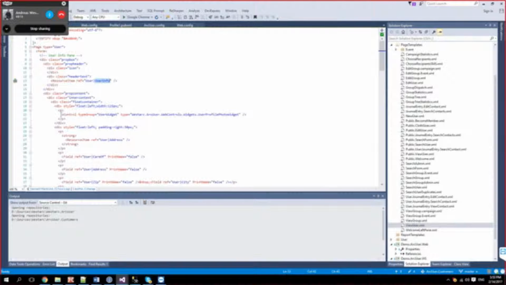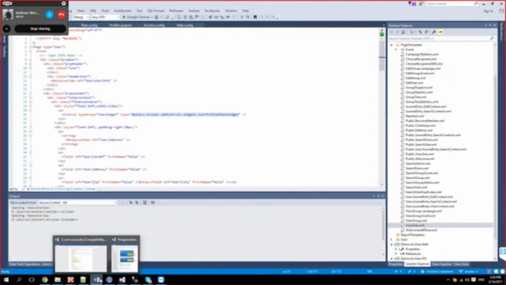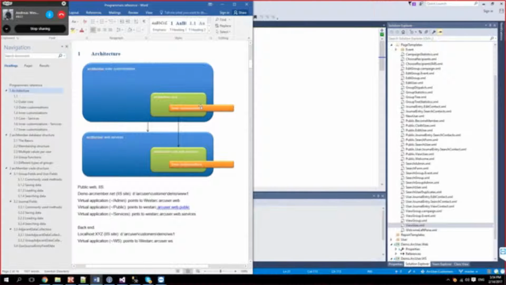Furthermore, we've got stuff like controls in here. You see that we've got a full namespace here. Okay. This corresponds to a module, and modules are these orange boxes. They can be either in a user or customer namespace, or they could be in Arc user. So we use our modules ourselves to extend our own product.